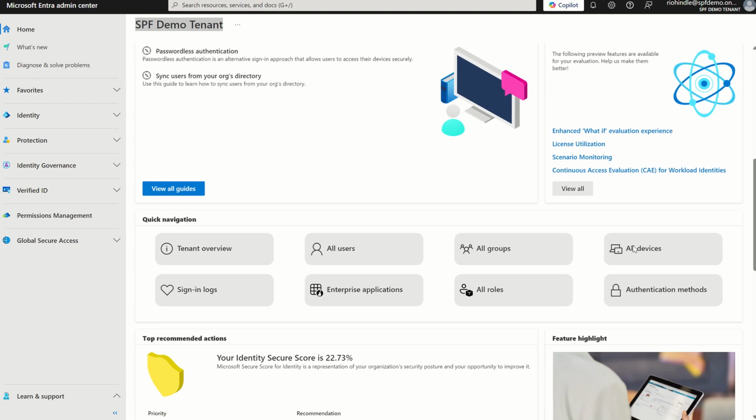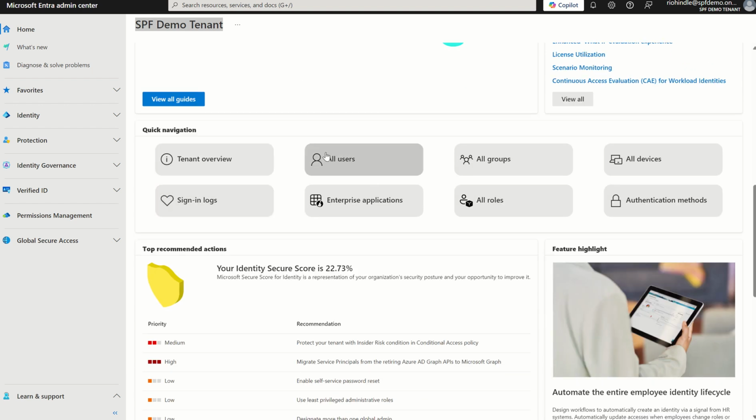If I scroll down slightly more, we've got the quick navigation pane, which can take us to all the different services down the left-hand side, but from a single pane of glass. One being the tenant overview, where we can identify and find our tenant ID, which is our unique identifier for our organization, alongside our default directory domain name, which, whenever you create a Microsoft 365 tenant, you're always given a